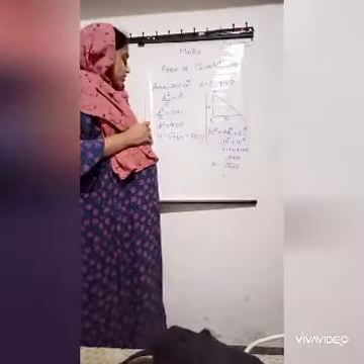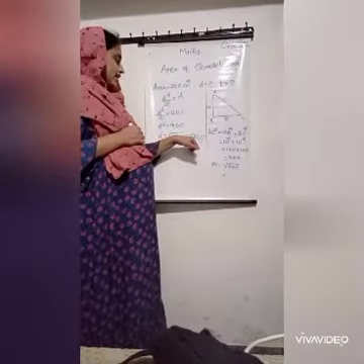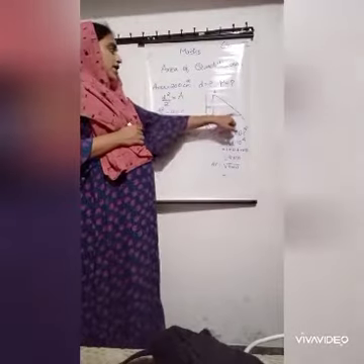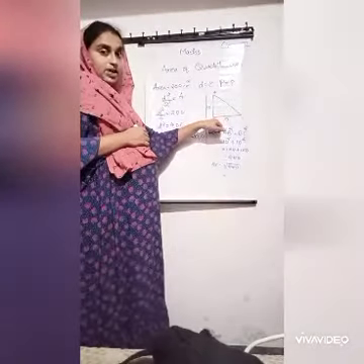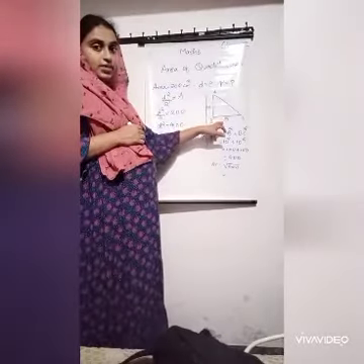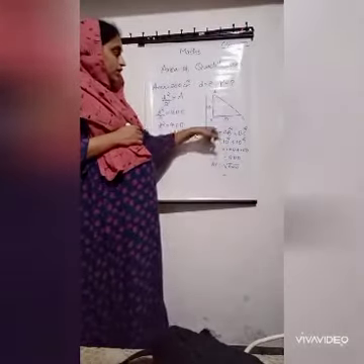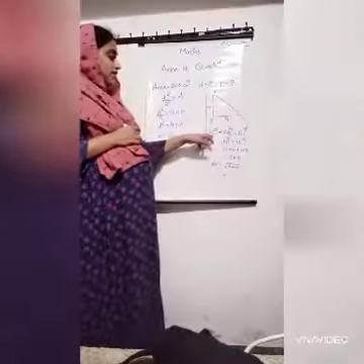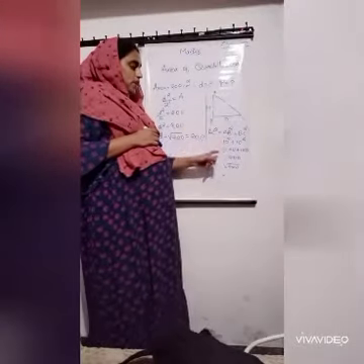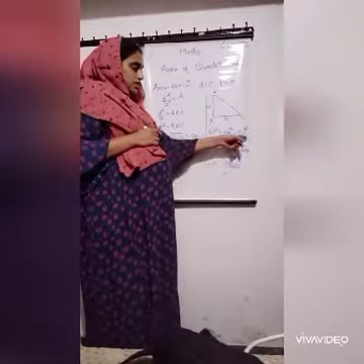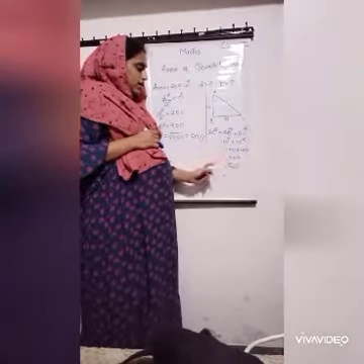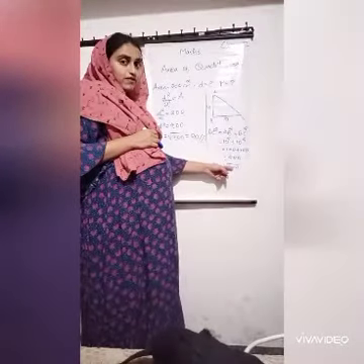Anybody have any doubt? We get diagonal D as 20. Diagonal means base is D by 2. Height is also D by 2. So we get D by 2 as 10. By applying Pythagoras theorem, we get AC square is equal to AB square plus BC square, that is equal to 10 square plus 10 square. 10 square is 100 plus 100, that is 200. So AC is equal to root of 200.